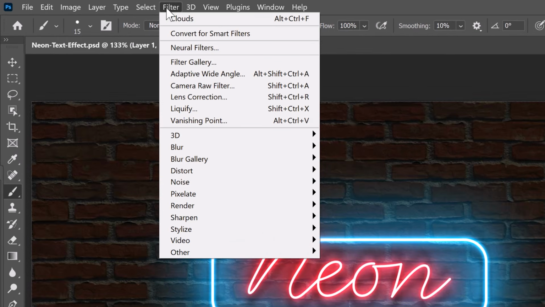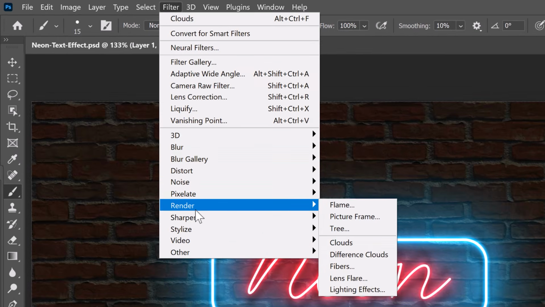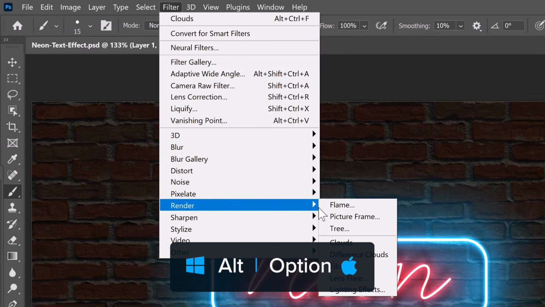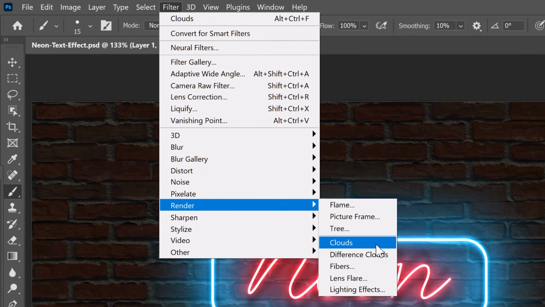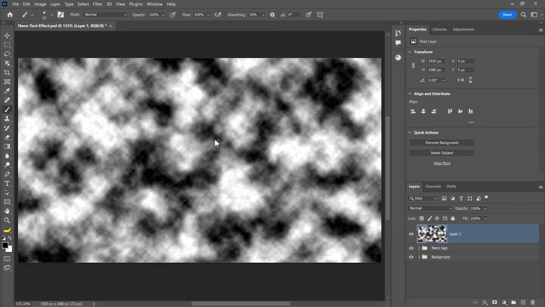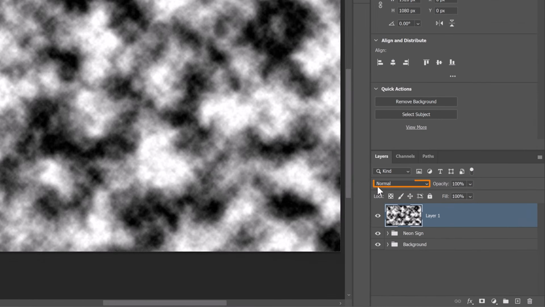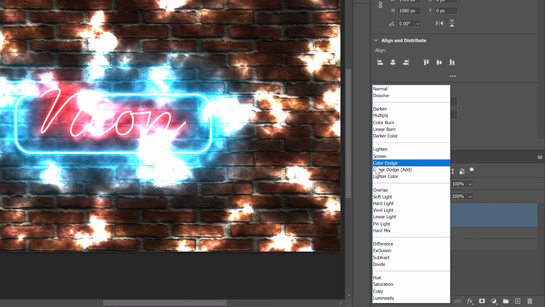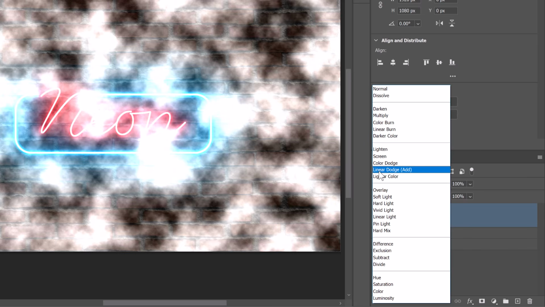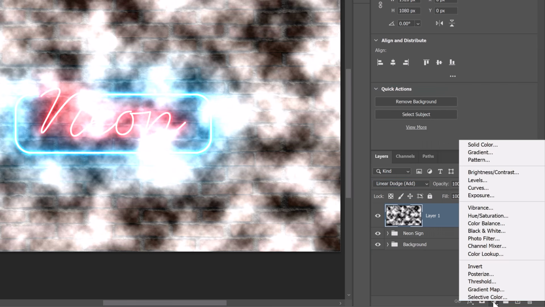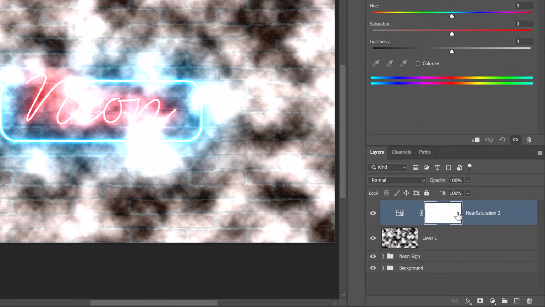Or you can go into Filter, Render, and then hold the Alt key on Windows, that's the Option key on the Mac, as you click on clouds, and notice that you get clouds with more contrast. And this is exactly what I want. More contrast with my clouds, and I can change the blending mode to the blending mode we've been using this whole time, Linear Dodge Add, and I can go into the Hue and Saturation Adjustment layer,